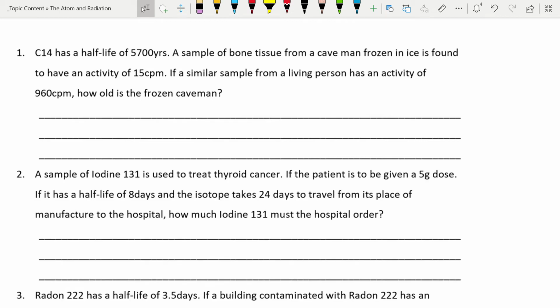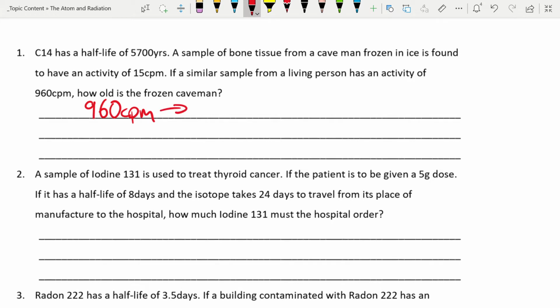Let's look at the solutions to these questions then. So question 1 follows on from the example really. Carbon-14 has a half-life of 5,700 years. A sample of bone tissue from a caveman frozen in ice is found to have an activity of 15 counts per minute. If a similar sample from a living person would have an activity of 960 counts per minute, how old is the caveman? Well,